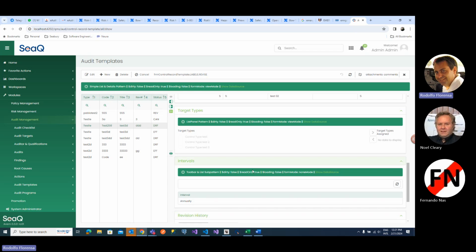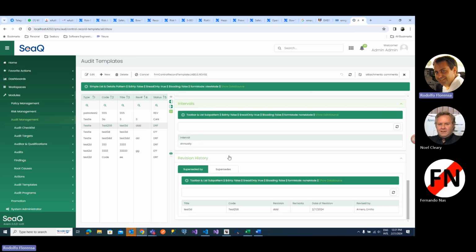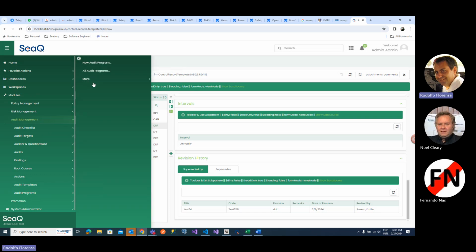I think this is audit program templates. I don't know if it's audit template or audit program template. I think it's audit templates, but the idea is to use this template as a facilitator to help the user